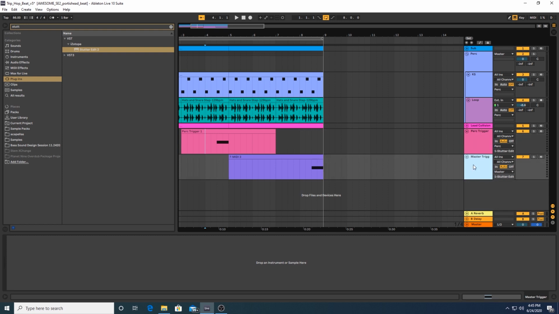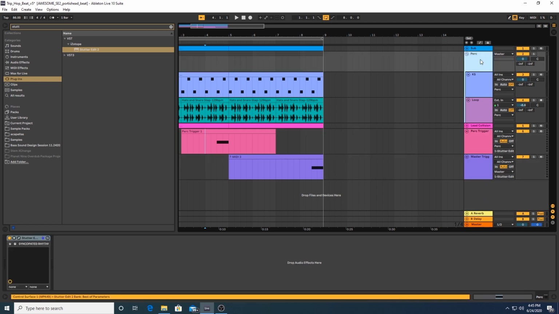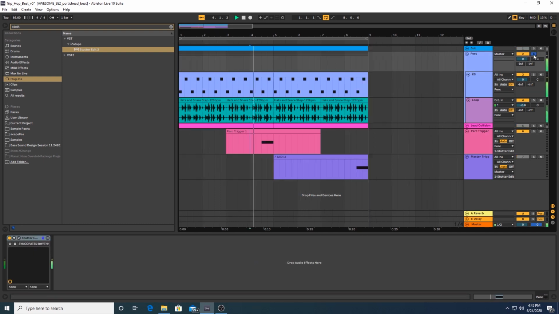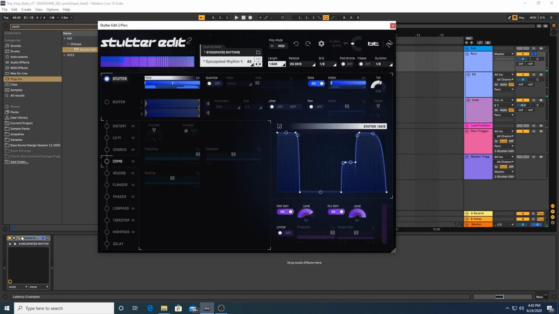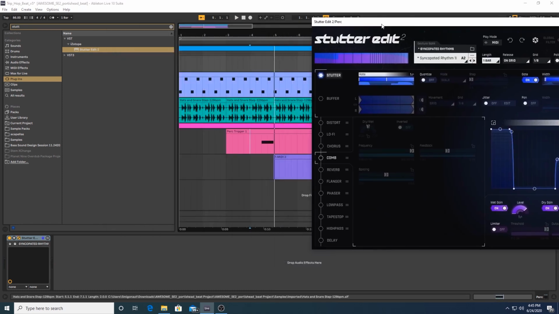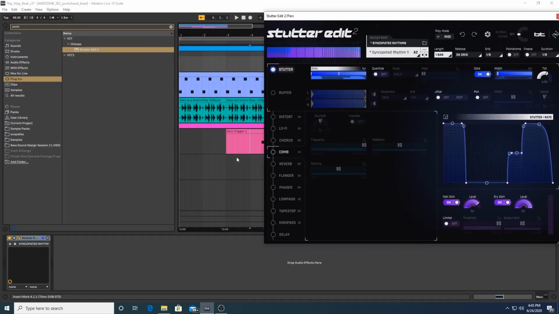I have the master trigger, which is just a MIDI track that's going to a master bus instance of Stutter Edit. And we have this perk trigger right here, which is going to my perk, aka percussion group, that is just triggering the percussion. So let's see what's going on there. So we have this instance on the percussion bus, and